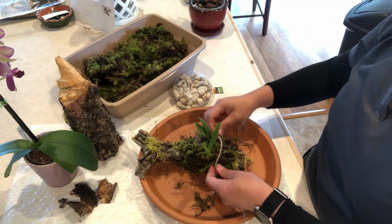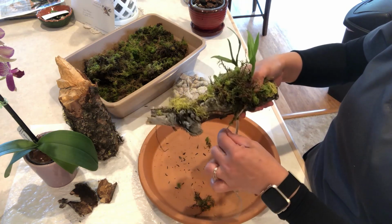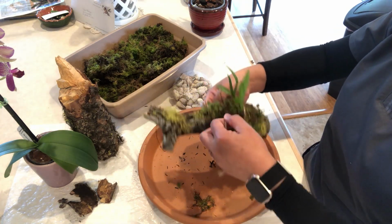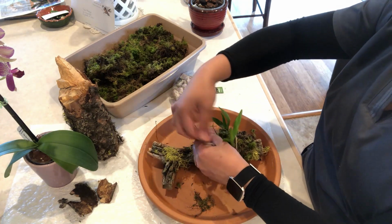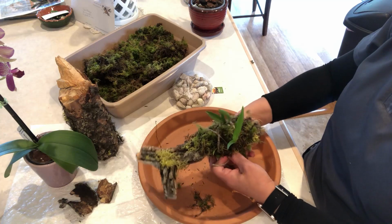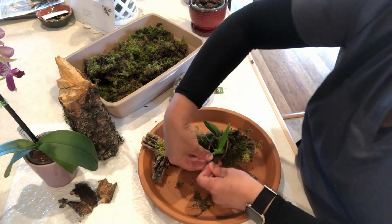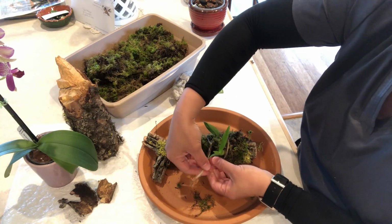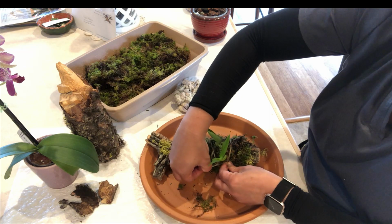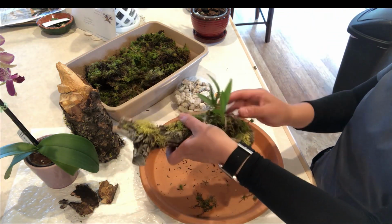All right guys, I'm gonna put the twine around my kiki, just kind of like an X, so it holds, just like that. So it holds my twine. I don't want it too tight because I don't want to damage the roots. And I'm gonna cut that one as soon as I'm done. So here's my